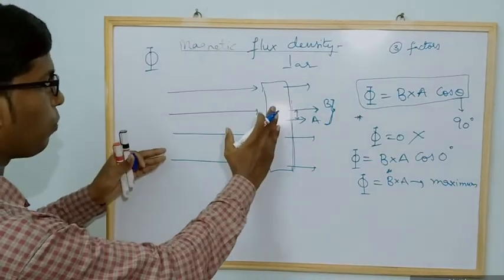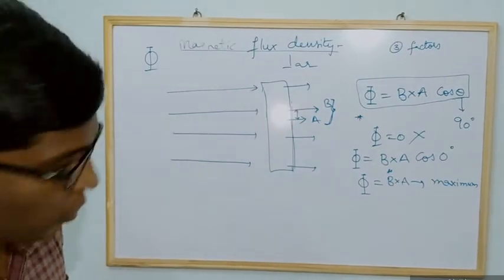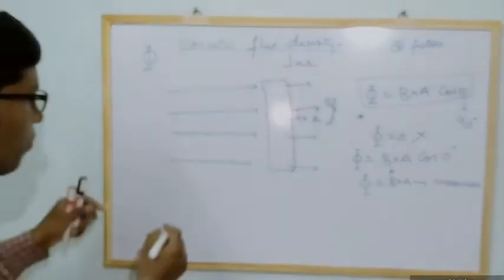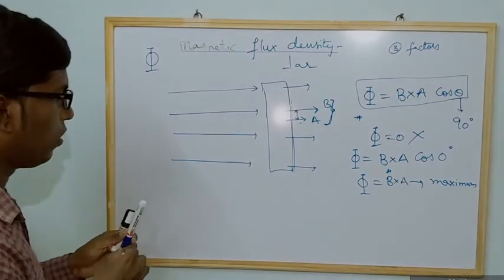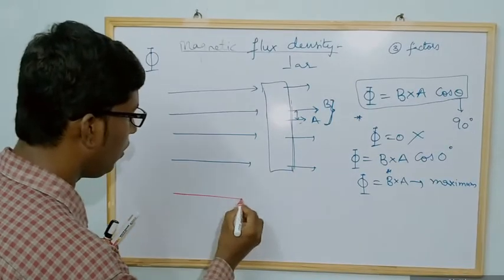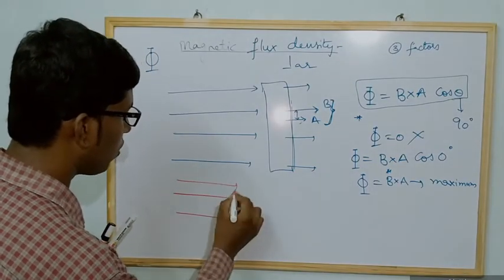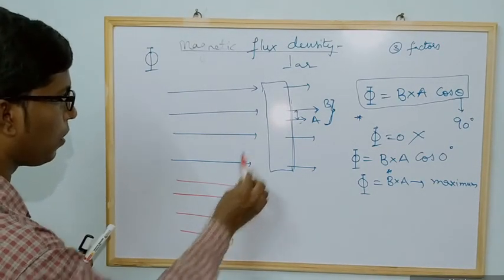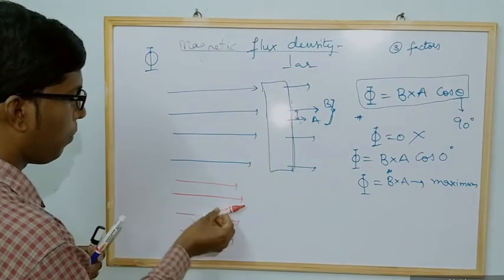Suppose what happens if you place it parallel. Suppose if you place the book like this, parallel. What happens? Let us see that also. In this case, you observe the same field lines I will consider over here. So 1, 2, 3 and 4. And what happens if you place this pen parallel.